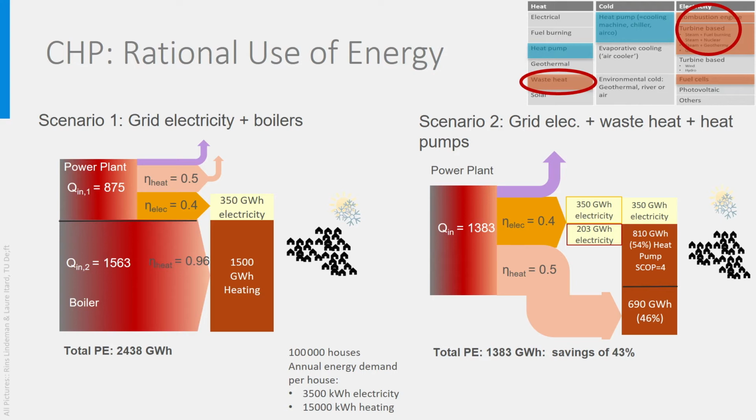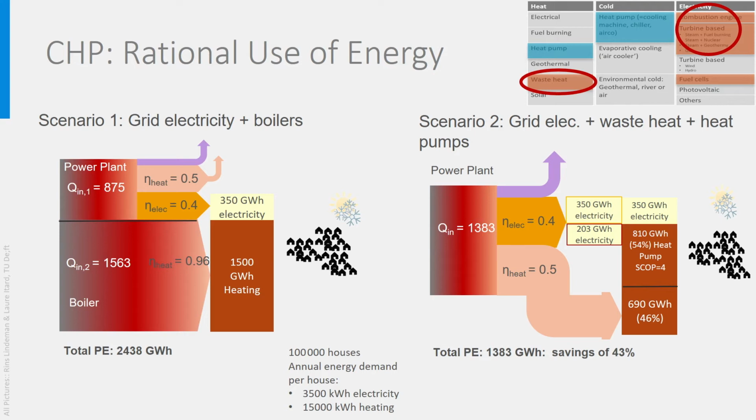By using the produced waste heat, we can provide an additional 690 gigawatt-hour heating, by which the total heating demand is covered. In total, this leads to savings by 43% in comparison with the original scenario, which is in many countries unfortunately the current one. In climates where a lot of cooling is needed, similar considerations can be made, considering heat-driven absorption chillers instead of